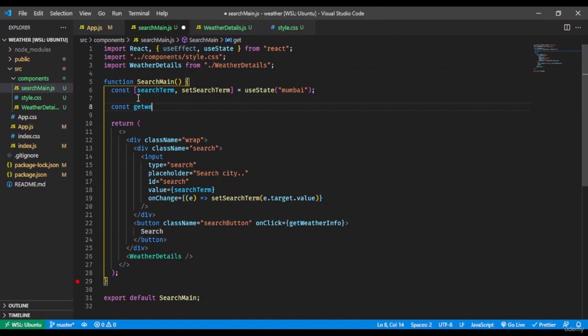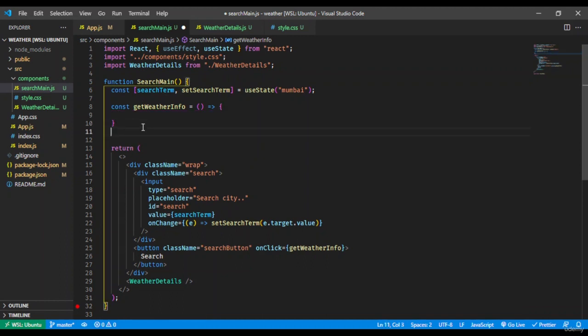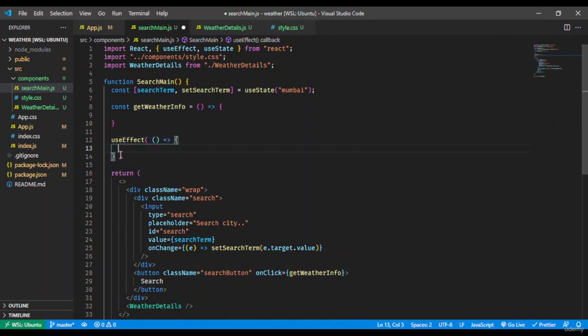that will be const get weather info, and this will be equal to a fat arrow function. Inside this will be some content. So I've defined the function, and now let me just tell you how you will use it in the useEffect hook. This expects a function, fat arrow function basically. All right, and here you will be providing a dependency array. So inside the useEffect, we want to call this function, which is the get